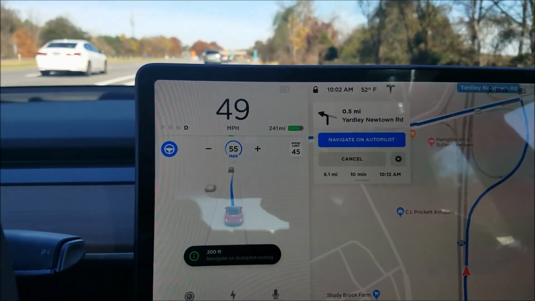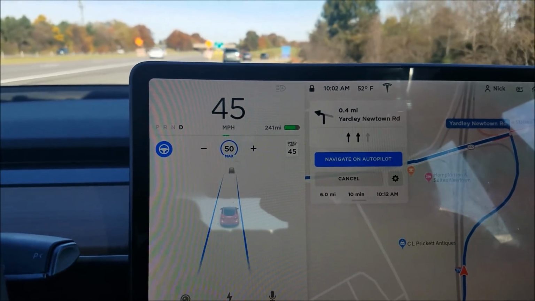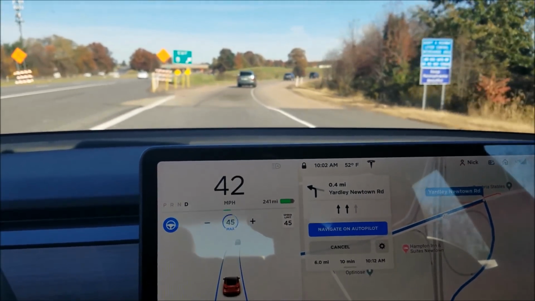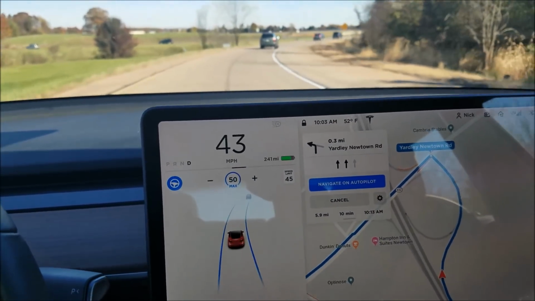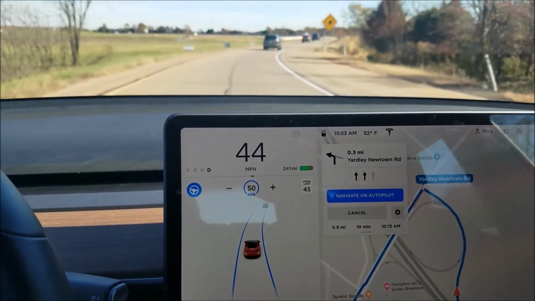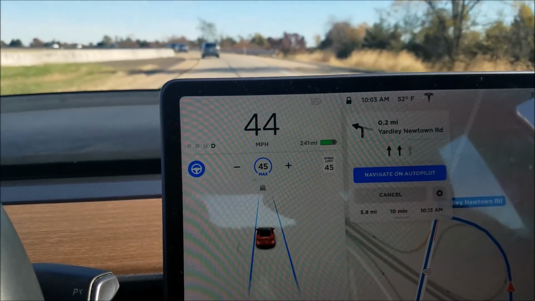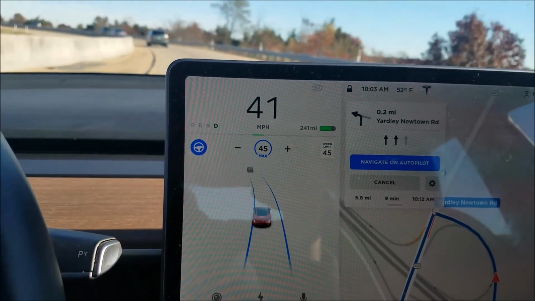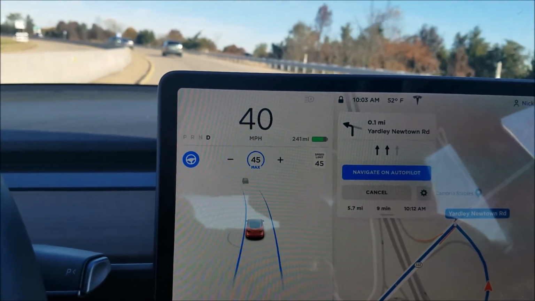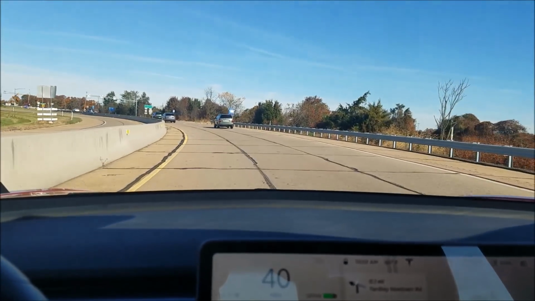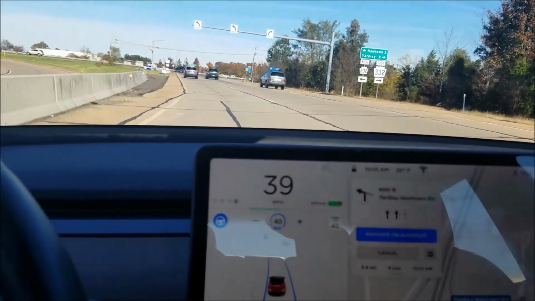But on this exit, notice how it maintains the speed through this exit ramp. It's going to go into autopilot. It must somehow sense that there's no intersection and there's a long ramp. So in this case, it just goes into autopilot and handles the ramp fairly well, and then never really comes to a stop. I believe it's going to just track the cars in front of me, and well, it's a green light, so